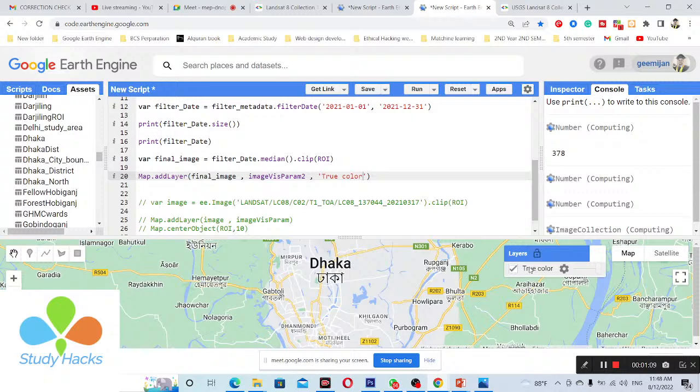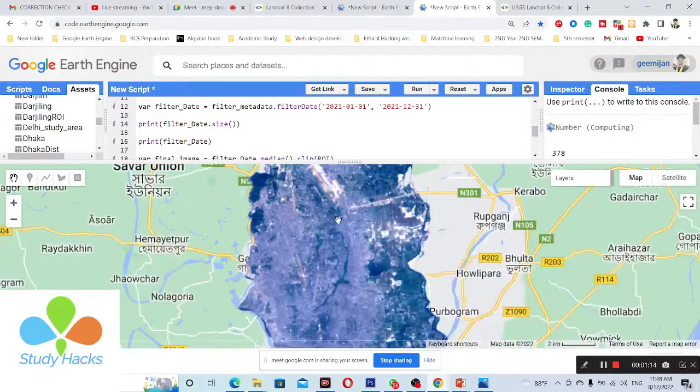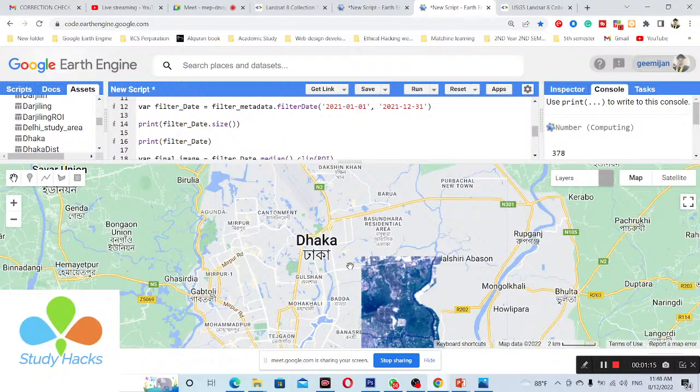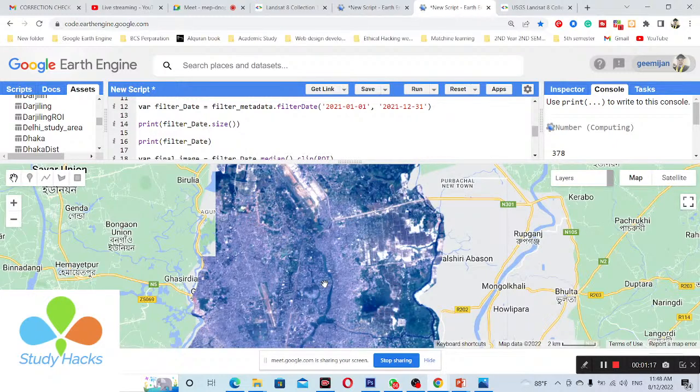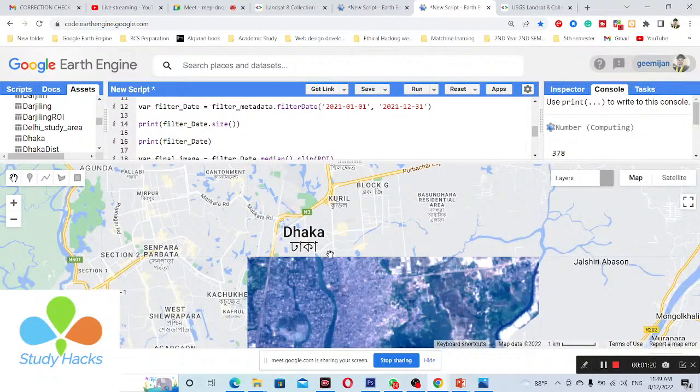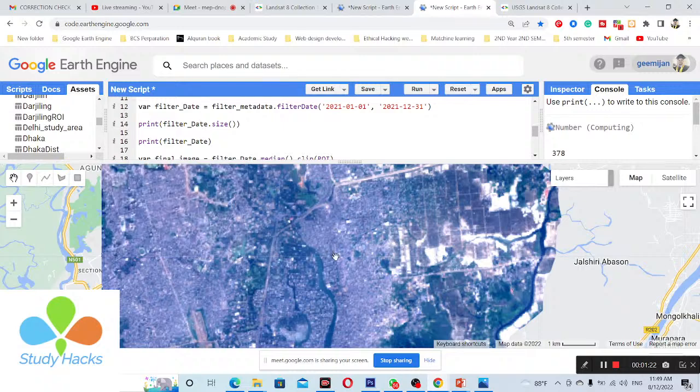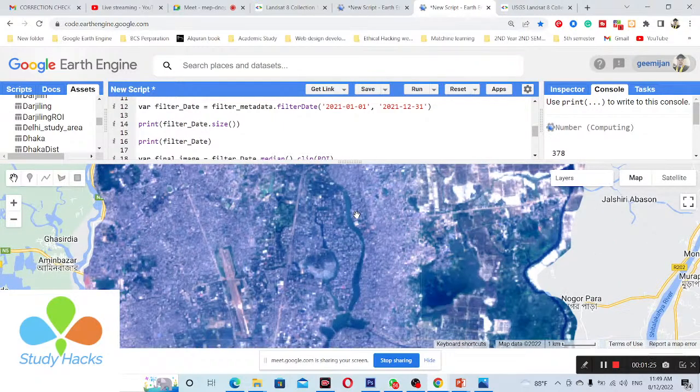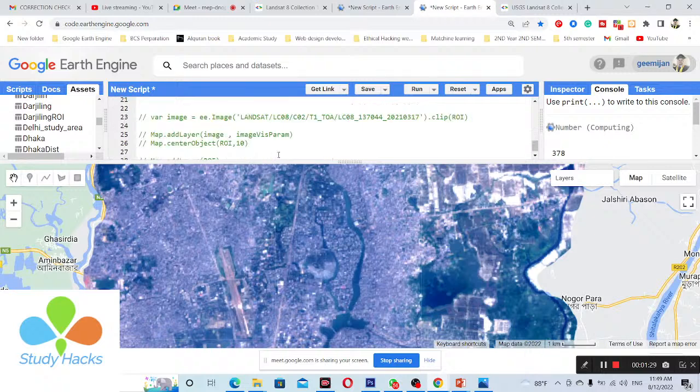Okay, and I also get the satellite image this time. You can see. Okay, so this is my satellite image. I can easily use the satellite image for making the NDVI map, NDWI map, as well as also make the LULC map. In this time, this satellite image comes from the total 4 images' median pixel value. Okay, and I also try to show you how you can easily select only a single time period.